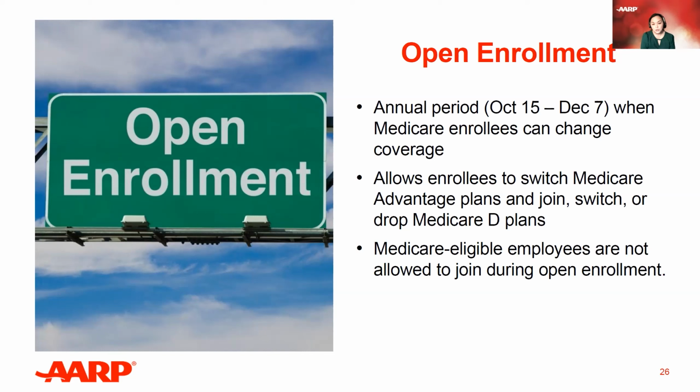So here's a common scenario for small employers. If you are a small company, they would enroll in parts A and B during initial enrollment. Initial enrollment is that period that centers around their 65th birthday, the 7-month window: 3 months before they turn 65, the month of their 65th birthday, or 3 months after.